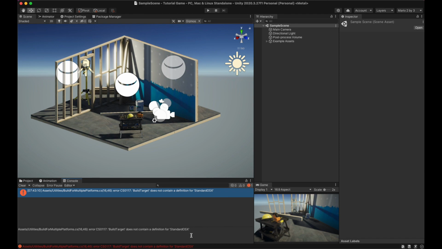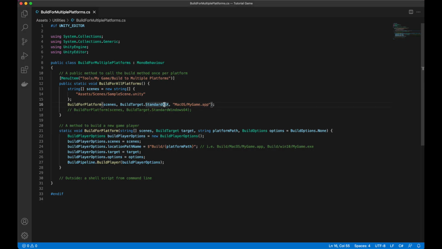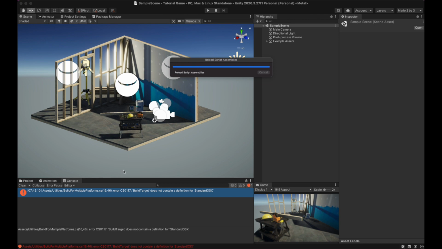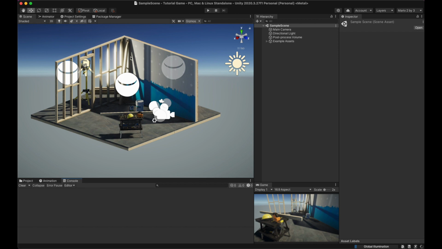Standard OS X is also, no, it's actually, no, sorry. This is standalone, and the same goes for this one, standalone OS X. And now it compiled correctly. And now one can see here on the menu, yeah, the recording is not capturing the menu in the video, but trust me, you will be able to see the Tools menu, and inside Tools you see MyGame Build. And once you click on Build to multiple platforms,